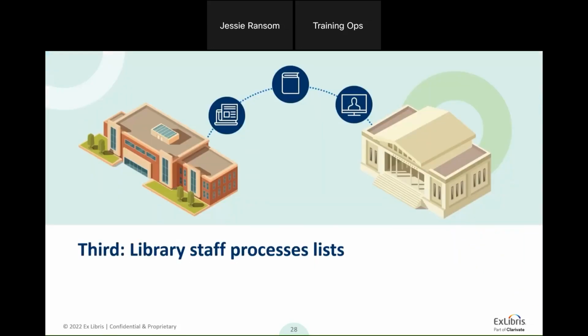But then the next piece that would happen is that the library would process the reading list. So you get the information from instructors, you understand how it's going to connect to the learning management system, and then you're going to process the reading lists. In general, this would be in either the same way that you did before Leganto or in the same way that you do for lists submitted through Leganto. So you probably already have these processes in place. It's just a matter of figuring out what needs to happen here.